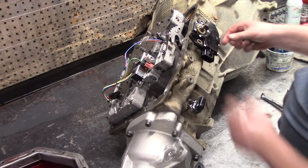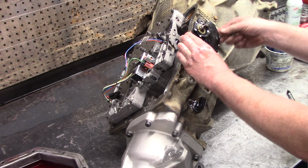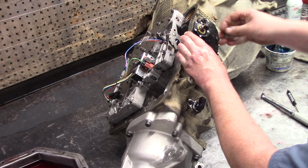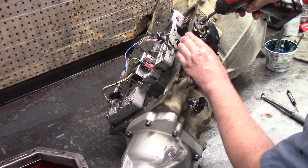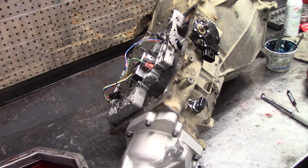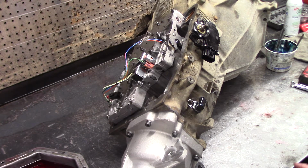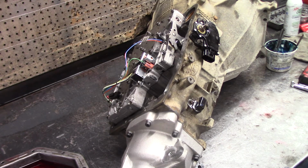Got our trans range. I want to make sure we got neutral to line up. There we go. So when you put it in neutral, there's a line here. I can show you, but I think, well, other than cooler line fittings and a linkage,